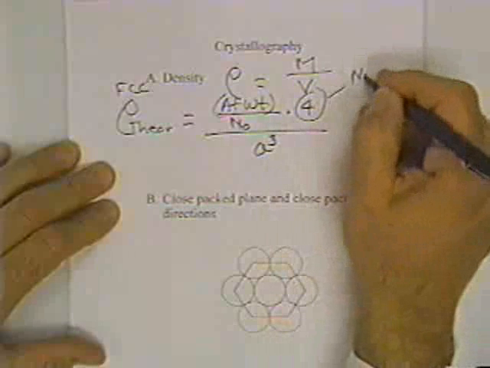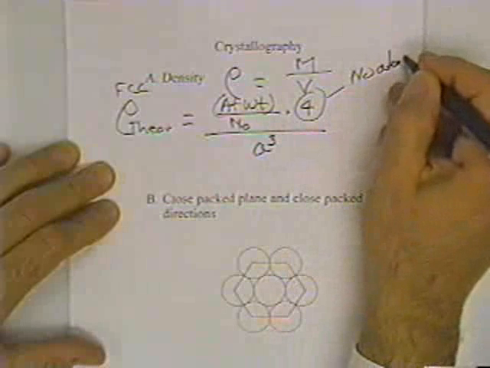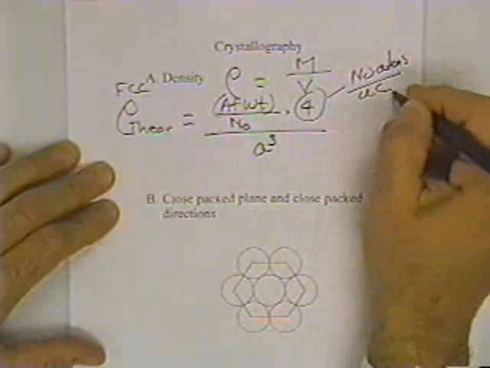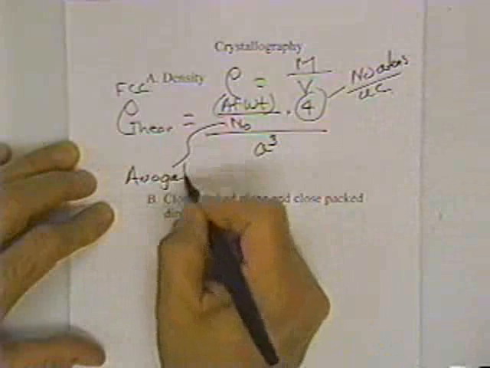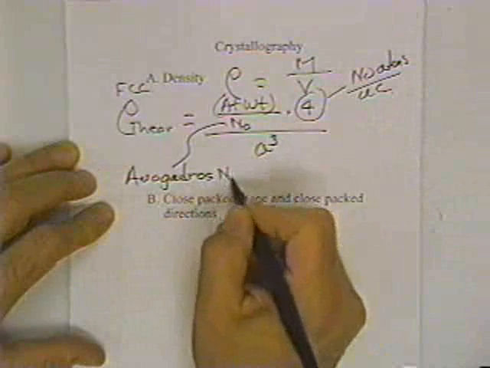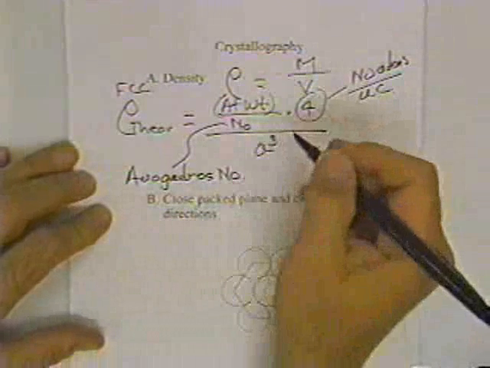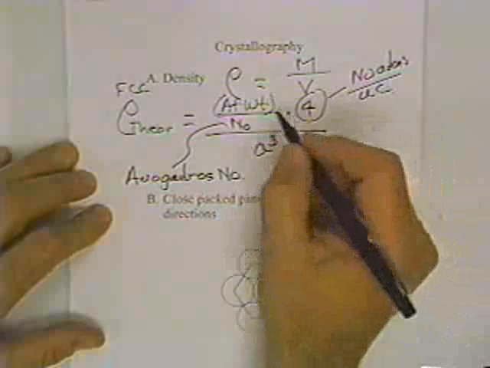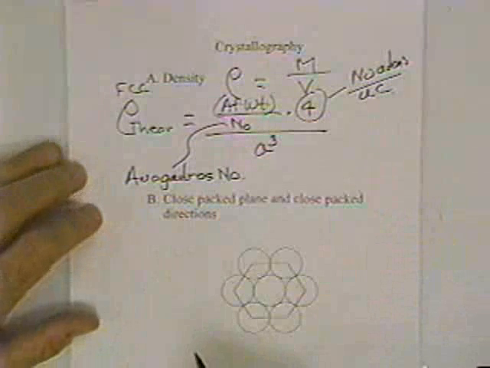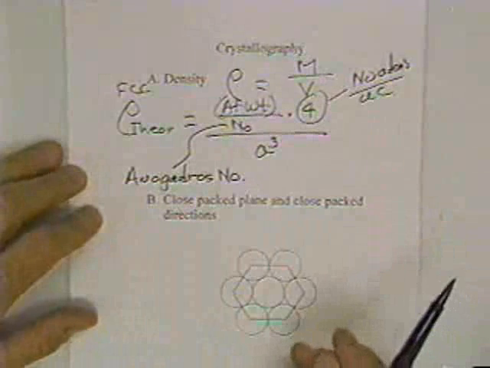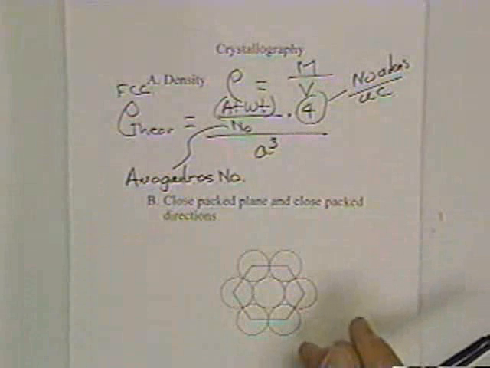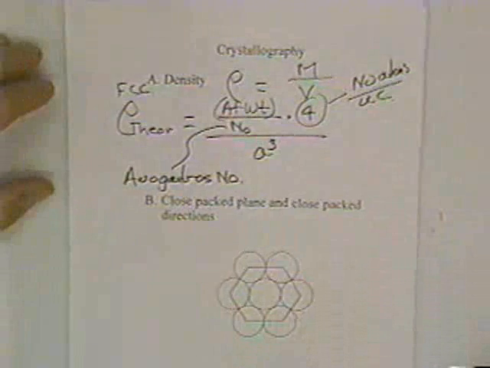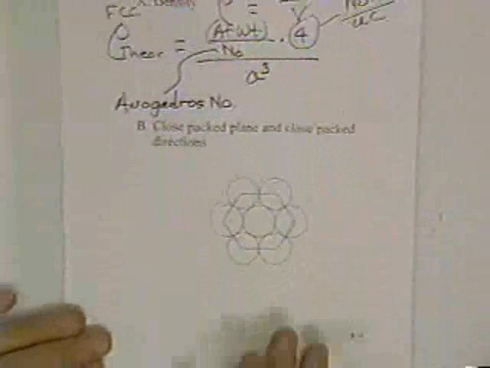So 4 is the number of atoms per unit cell, N0 is Avogadro's number, and this is the atomic weight of the material that you were interested in. You might try that for nickel and then compare it to the value that you get by looking it up in the handbook. Now I've already done this, but just to reiterate here,